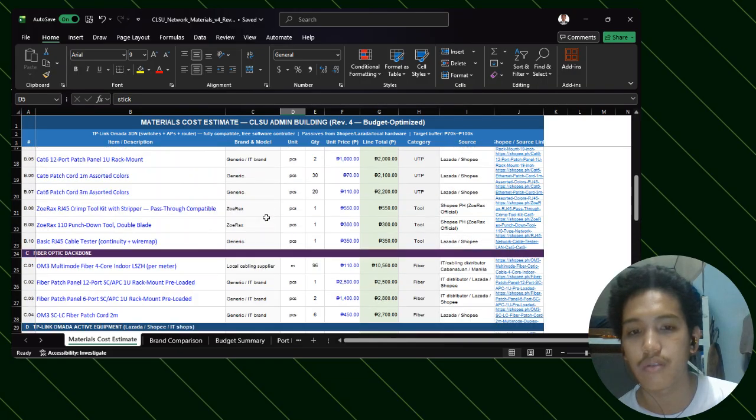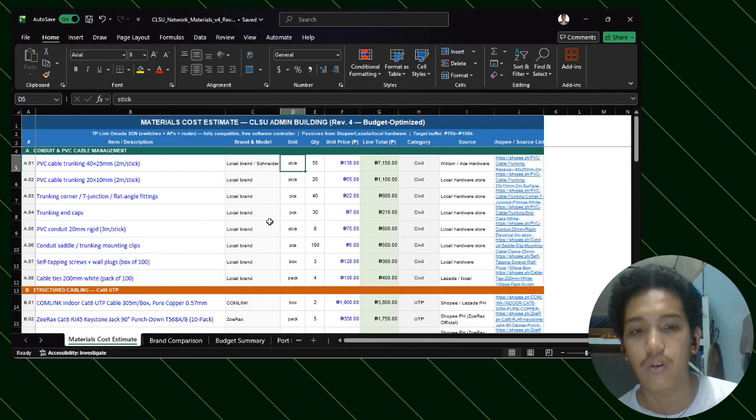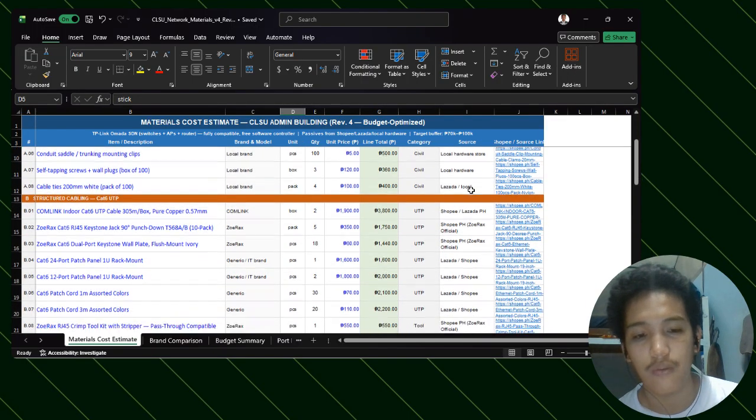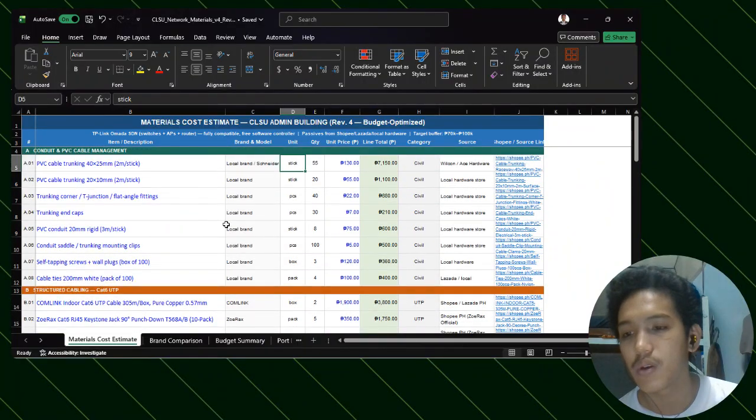As you can see, this is the material cost. All of these are fact-checked. For compatibility, most of these can be found online through online shops, but can also be found through local hardware warehouses or IT distributors. This material cost estimate is organized per category so that it can be easily distinguished.